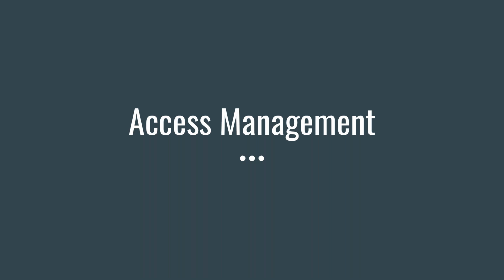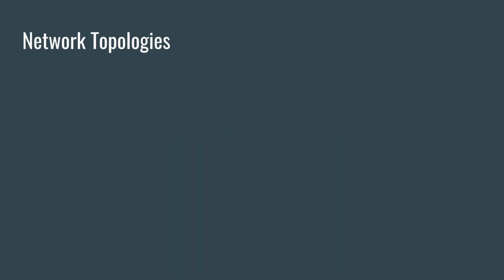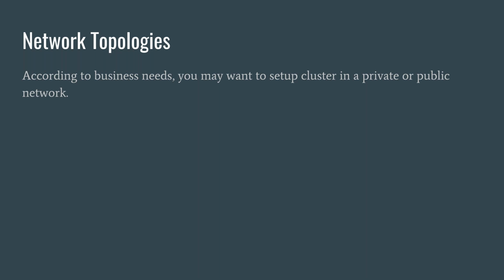Okay, in order to deploy our in-memory technology, we used Kubernetes. We just set up the monitoring system, so as not to be blind in terms of infrastructure monitoring. And now everything is working. It is time to provide real access to the customer, right? The first thing you need to think about is the network topology. Based on the needs, these clusters, I mean in-memory technology clusters, can be inside a private or a public network.